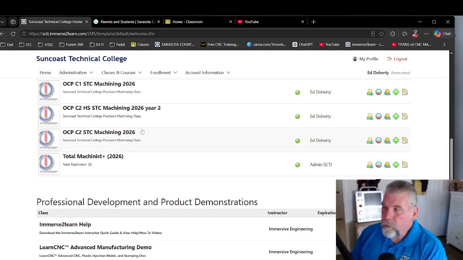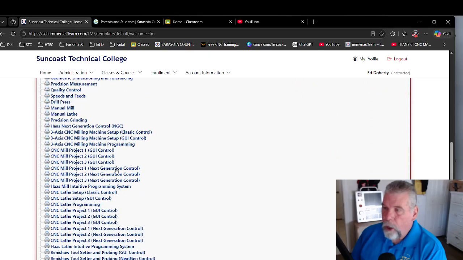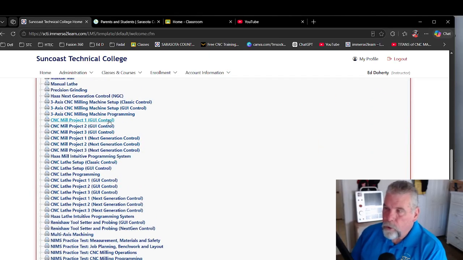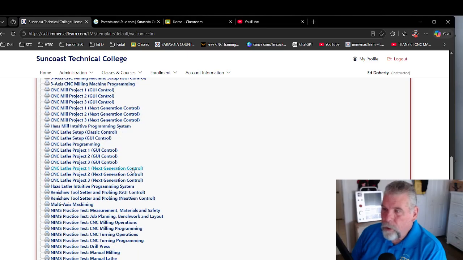All right. So the original system was Total Machinist by itself, which is everything. And a lot of this stuff is duplications, like Mill Project GUI control, Mill Project Next Gen control. We have the GUI or the classic control, but the mini mill is a next gen. There really isn't hardly any difference. You've played around with it. The intuitive programming system, I wouldn't bother with that. So you could shut off